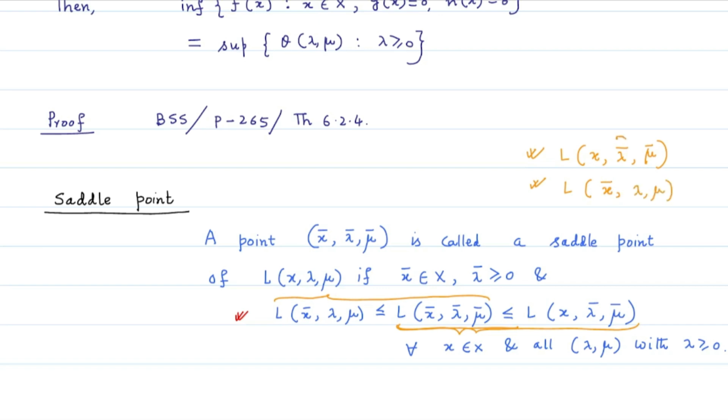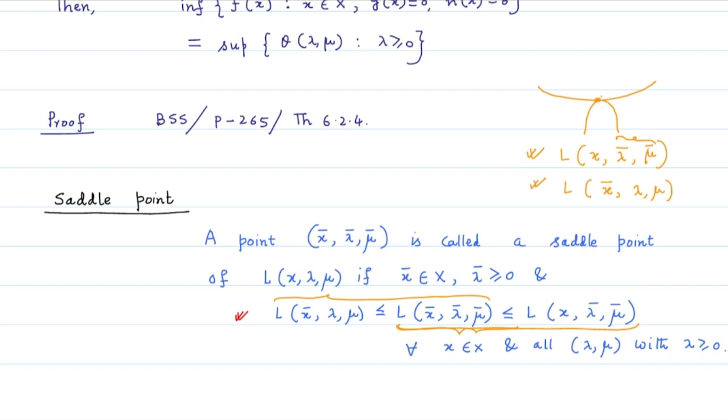So as if we are focusing our attention on these two variables and we keep our attention on the fixed values of lambda and mu, then you realize that the point (x bar, lambda bar, mu bar) gives the minimum value of the Lagrangian function when we have fixed our attention on this lambda bar, mu bar. And when we fix our attention on x equals x bar, then you notice that